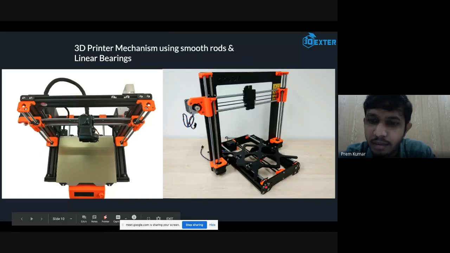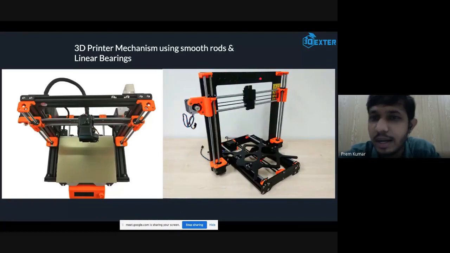The remaining things, which are part of the frame, like this, are made of aluminum, and this complete frame is also made of metal. So you can go for different kinds of metal, or acrylic or Dibond, and MS also, mild steel, or you can make the same kind of mechanism using aluminum extrusions, which are available in different sizes. So the mechanism for both is the same. This one is using a kind of sheet metal, and this one is using aluminum extrusions to build it.